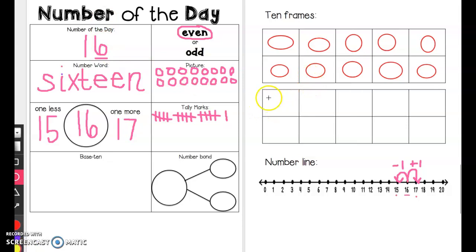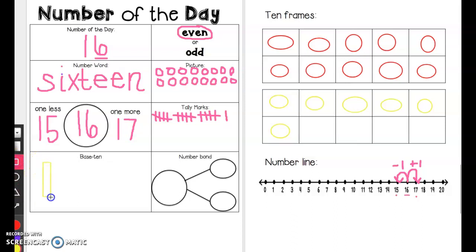We have 10 in our head, and let's count on. 11, 12, 13, 14, 15, 16. So how many tens are in 16? You see how many 10 frames are full? We have 1, right? So we have